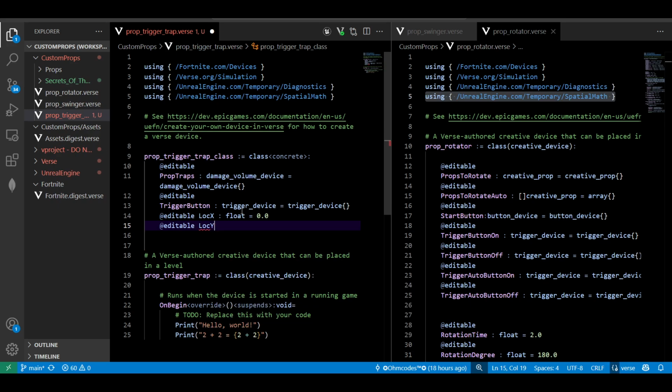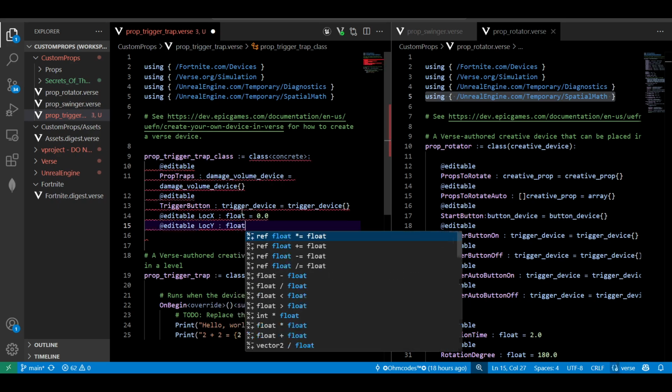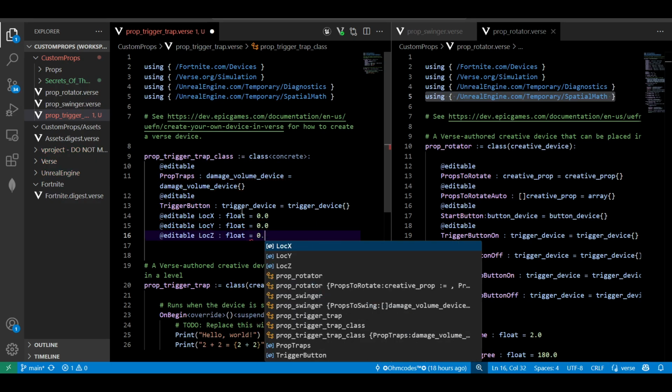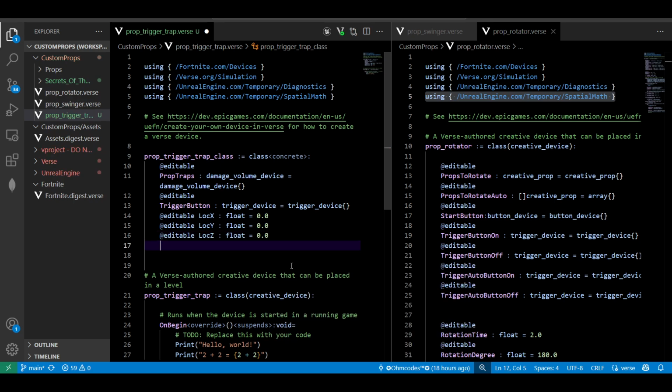Lock set Y first. Goes to 0, 0. Lock set, because you can move the, you can move the